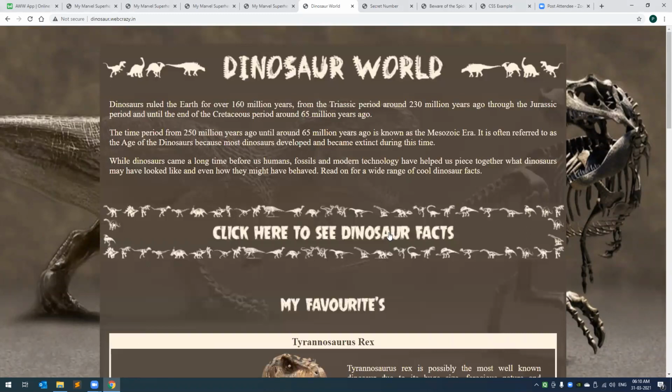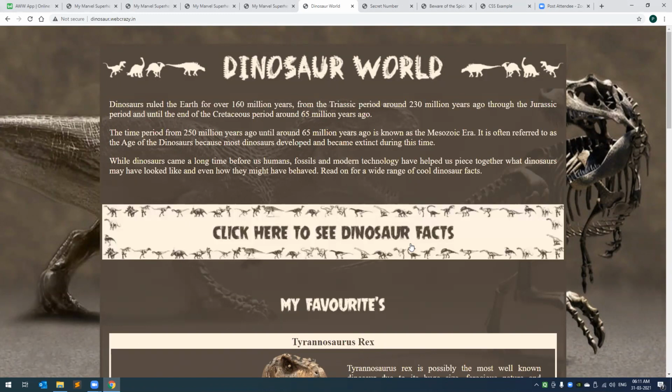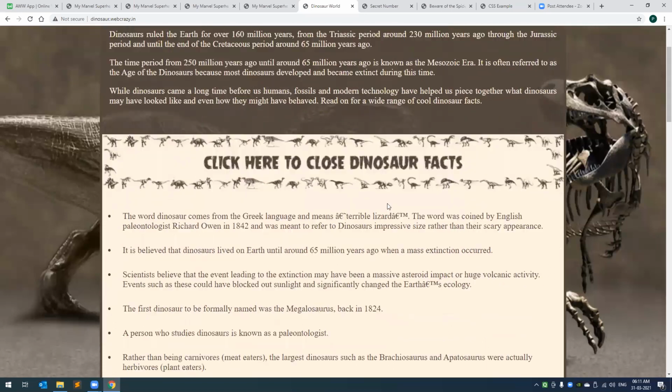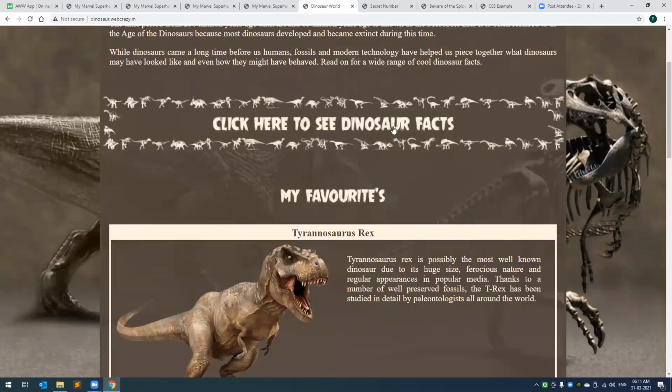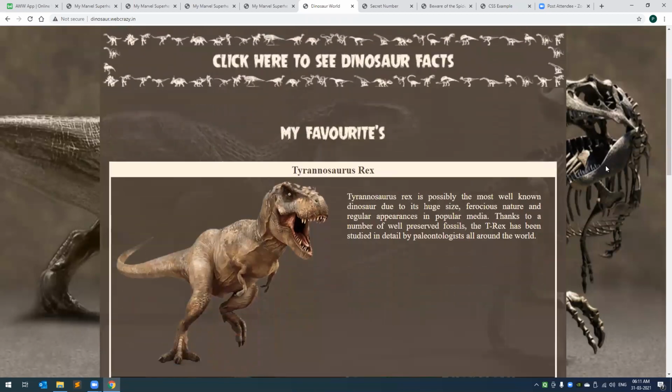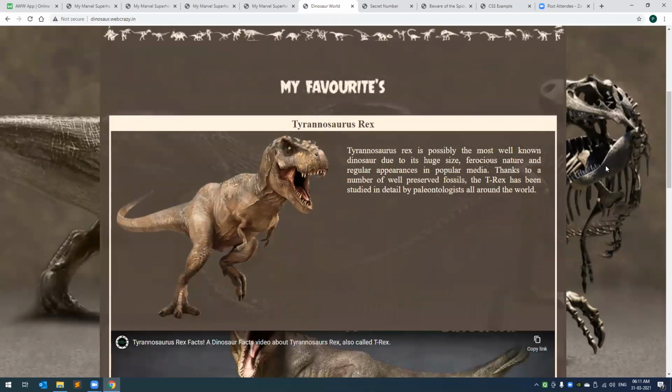So basically, we have this image which has the brown background. Then when I take my cursor over, the image has a cream background and the text of the image is changing. So here we are going to learn how to manipulate images. Plus we will also learn how to open and close a panel. This is done using JavaScript. Then we will do audio and video in this file. All right. So if I take my cursor over the dinosaur image, and guys, this can become a little loud.